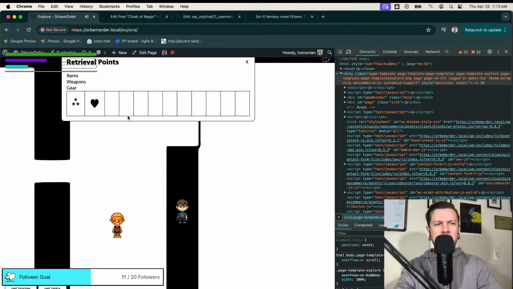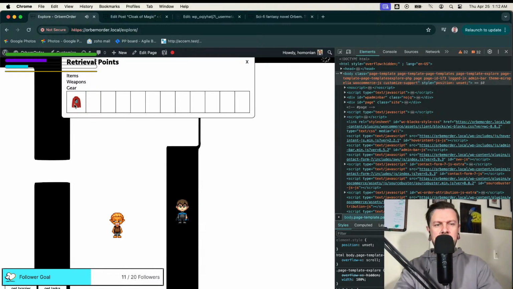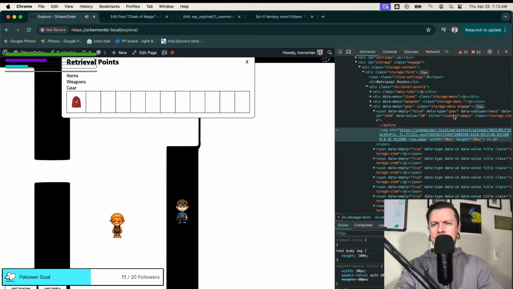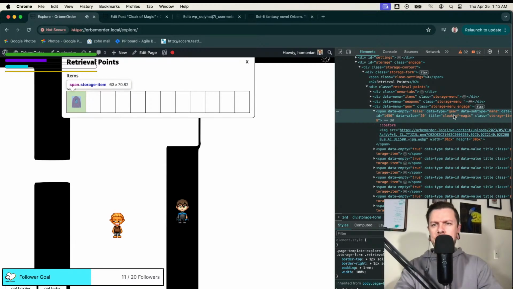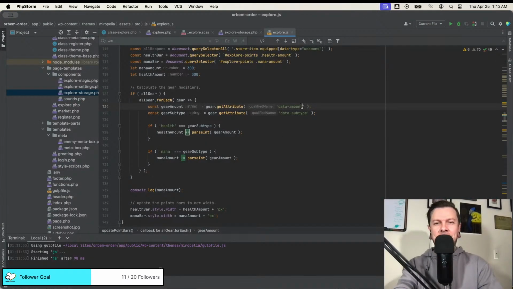Is it data value? I thought it was data amount. Oh shit, that's why. There is no data amount, it's data value. Yeah, idiot. See, this is my problem. I can't remember any of my own classes, and I can't remember any of my own data point names.